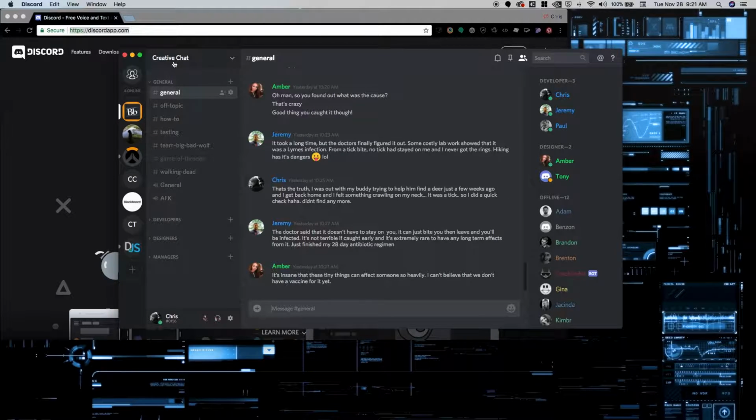And then starting from this first inner layer, we have your general category. So this has anything that you see with this little pound sign or hashtag, whatever you want to call it. These are all text channels. So anytime you want to text or message somebody, you can just click on one of these and start